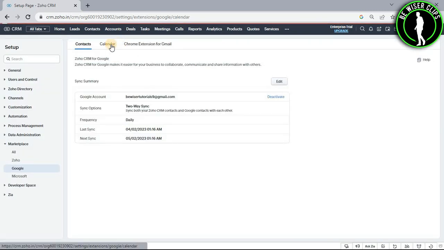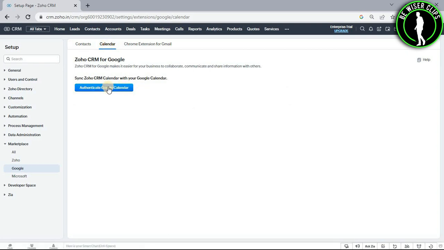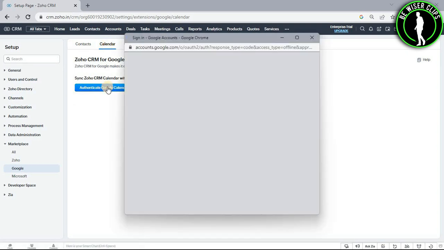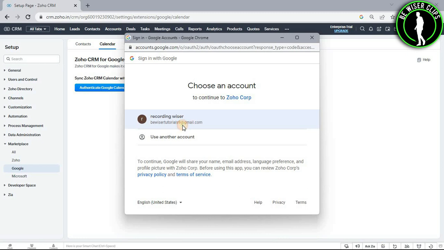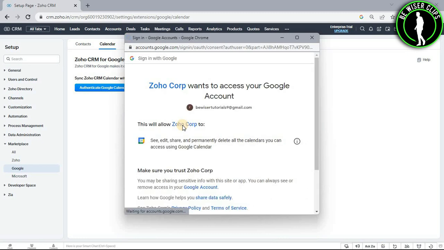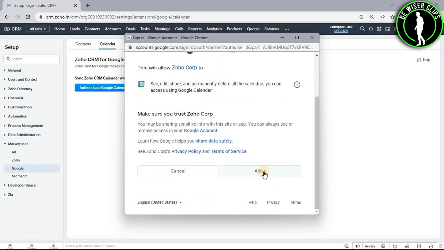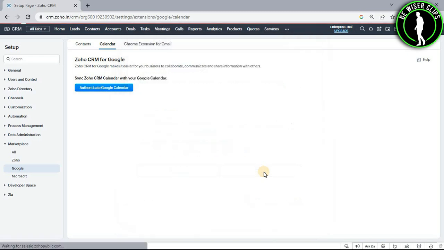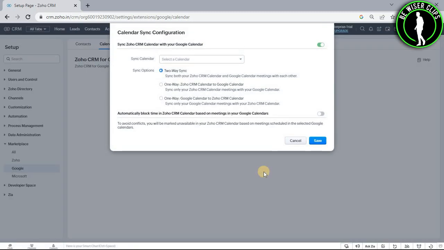select on this section called calendar, and now select this button right here. Now select your account and scroll down and select this button right here. And now select these details right here, and after selecting these details you just need to click on the save